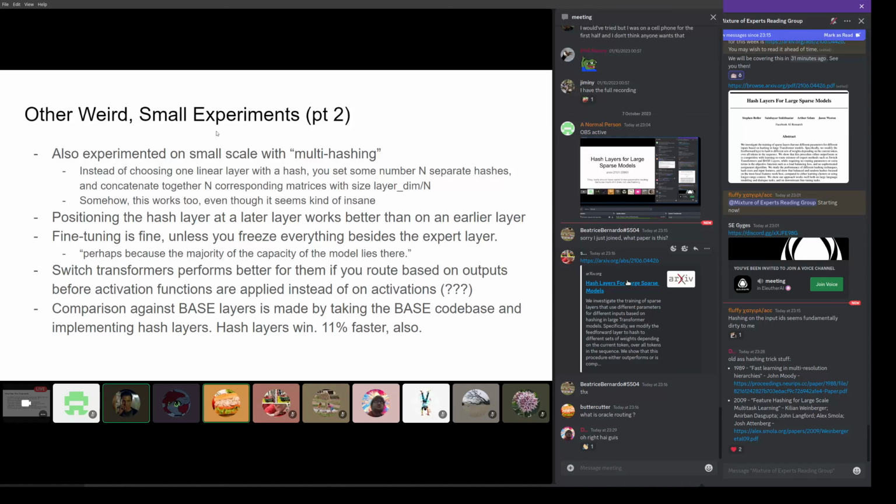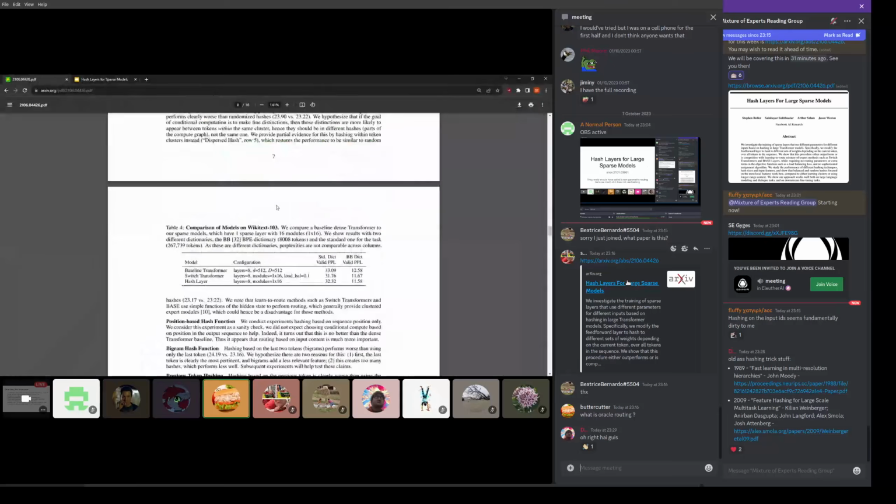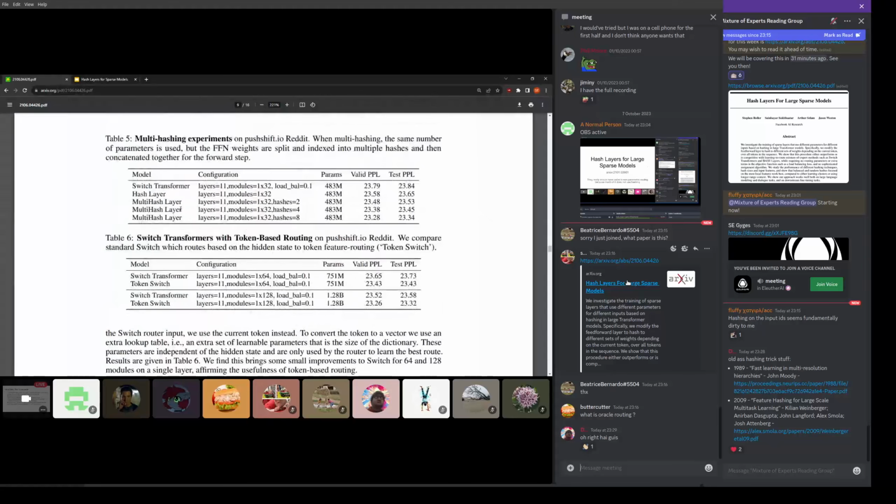This is what we skipped forward to earlier, which is small-scale experiments with multi-hashing, which is basically it works, even though concatenating several matrices together like this seems kind of weird. I think since we actually liked this, we can go get the actual paper for that. It's this, where they're just pushing it against Push Shift again. Params is, these are not dense parameters, so I would not worry about them too much. This is probably all the 222 million Switch Transformer with some experts. And broadly adding